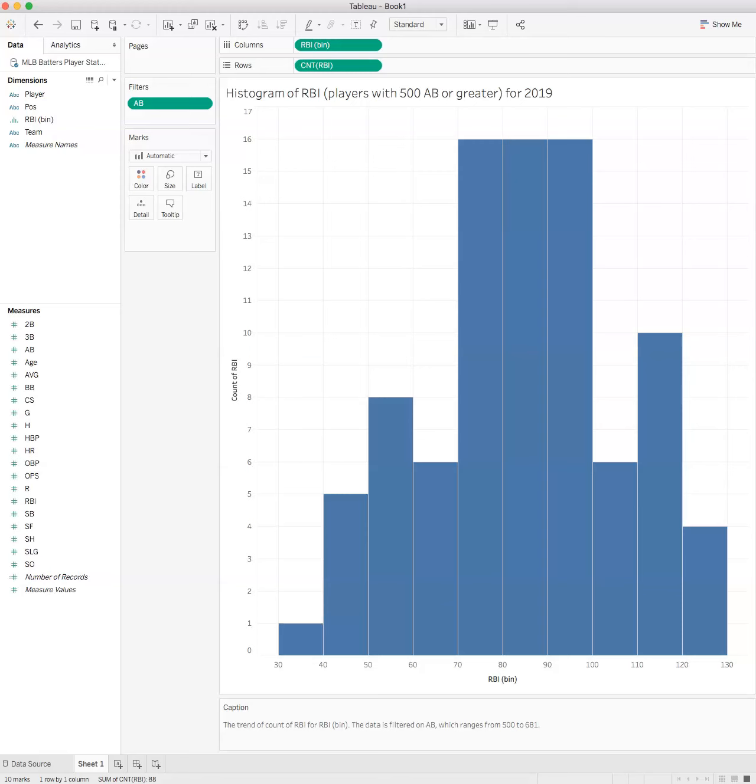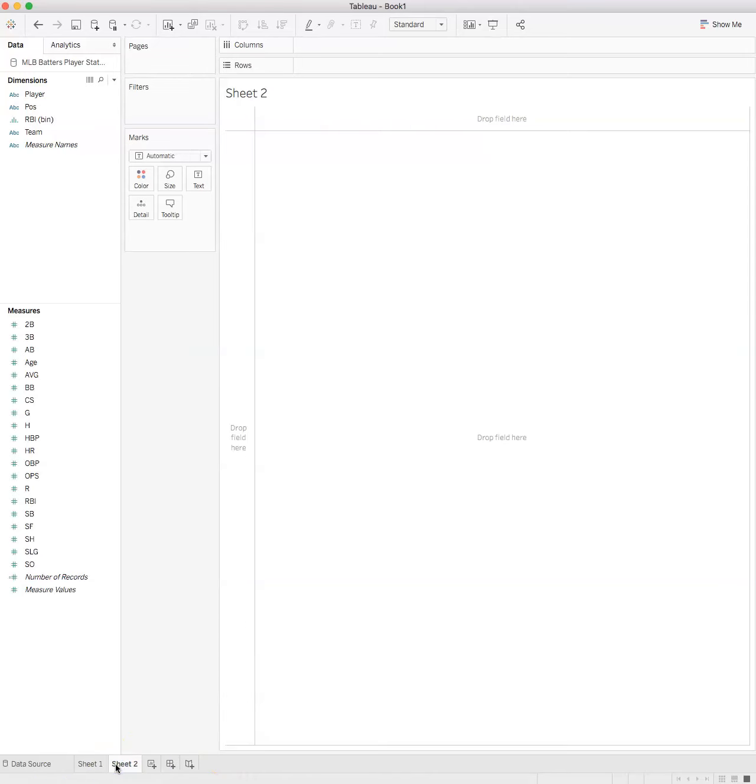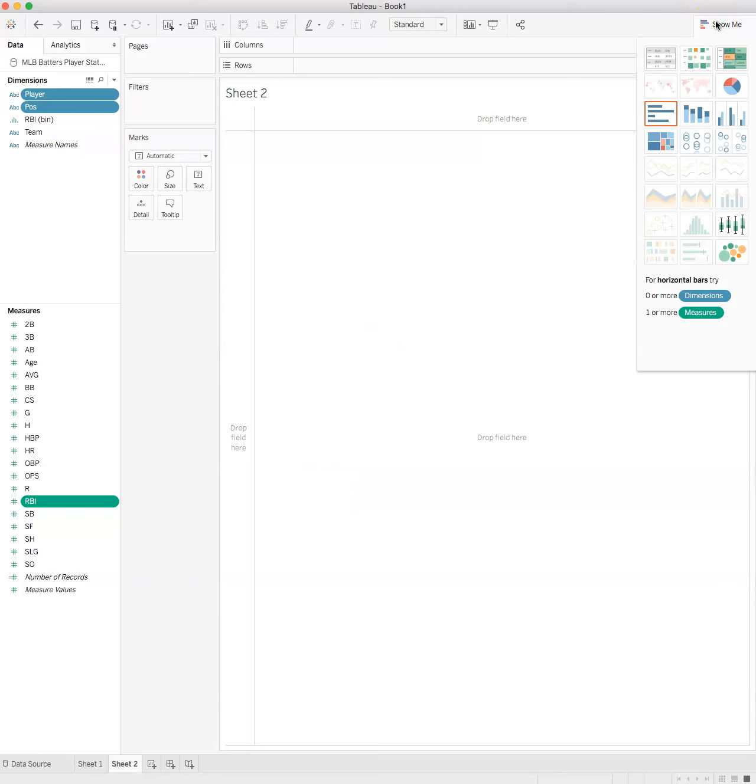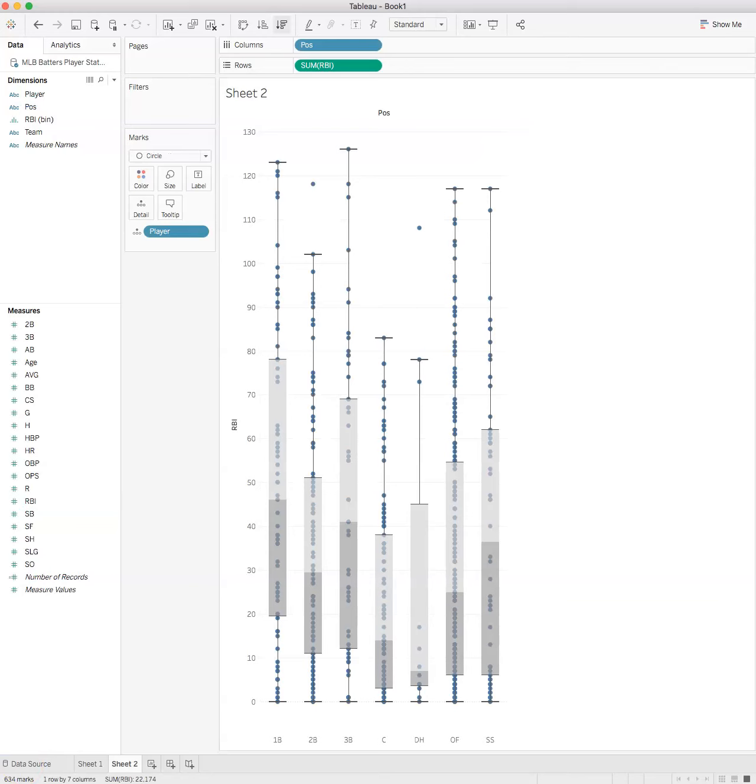So if we create a new worksheet, let's go with player, position, right? And RBI down here. Okay. If we open the Show Me panel, you see that we can get a box and whisker. So this box plot, separated by position,